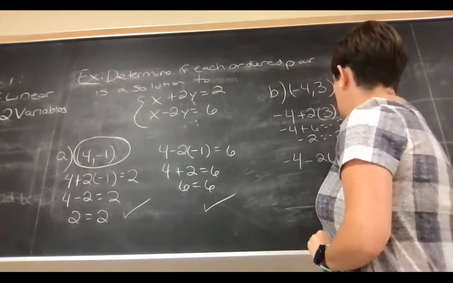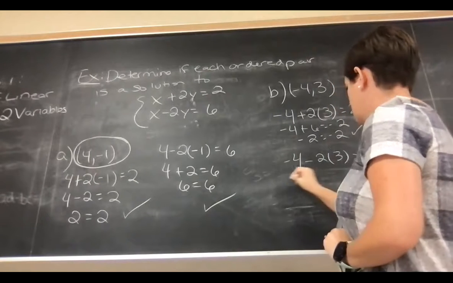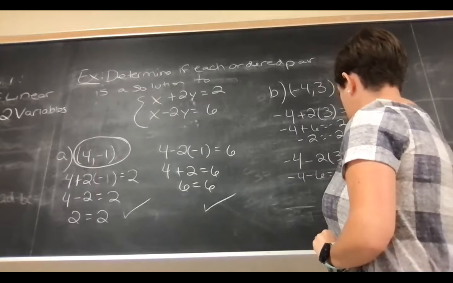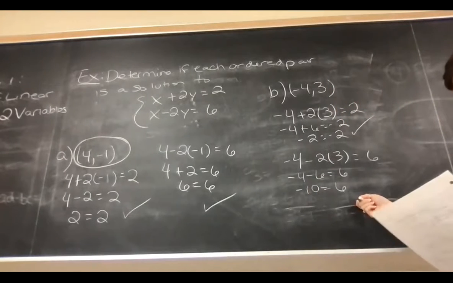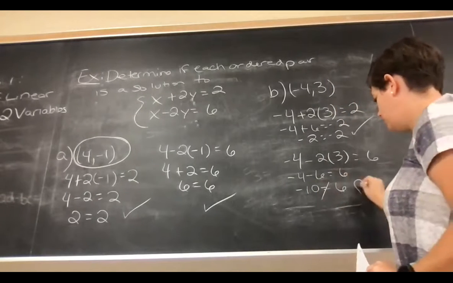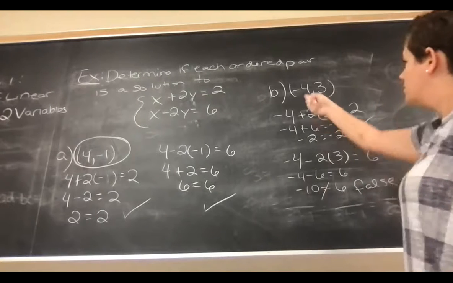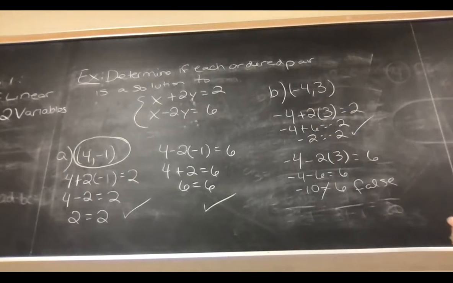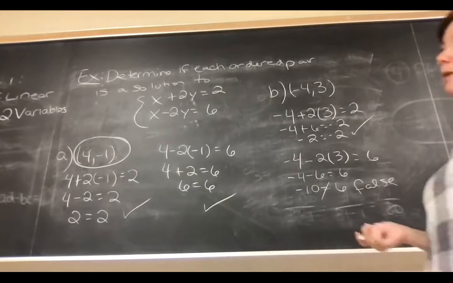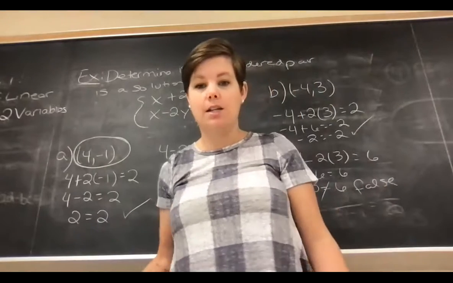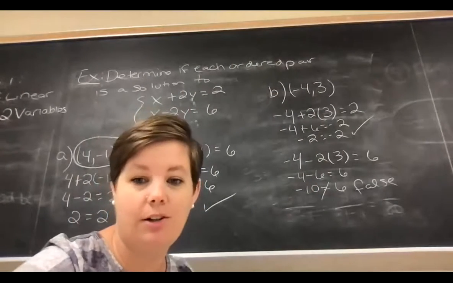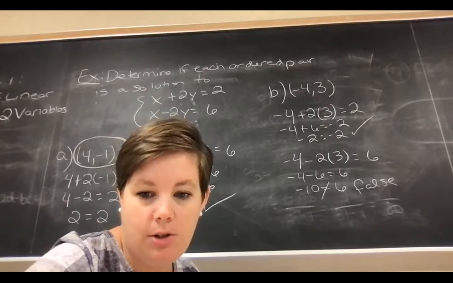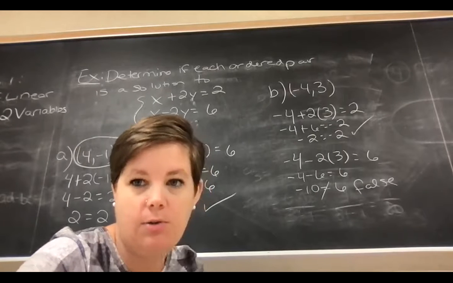-4 minus 2 times 3 equals 6. -4 minus 6 equals 6. I get -10 equals 6. Is that true? Does -10 equal 6? Nope, that's false. So this is not a solution to the system of equations. So these are plug and chug problems. The difference is you have to plug and chug into two different equations instead of just one, like we did with a linear equation. I am going to screen share you my notes